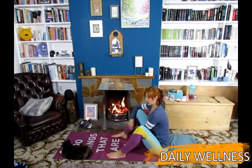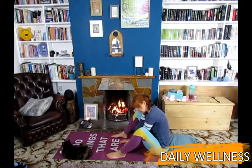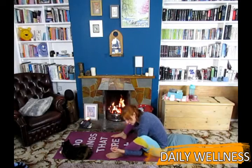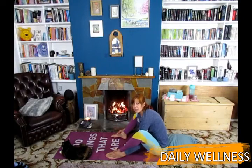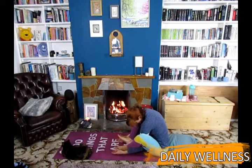Good, and then we're going to take the hands underneath so they can rest on the floor to begin with. You can thread them through. If you get far enough, you can bring elbows to the back of the legs. This is going to actually curve the spine and hunch you over. It's also going to open up through the hips